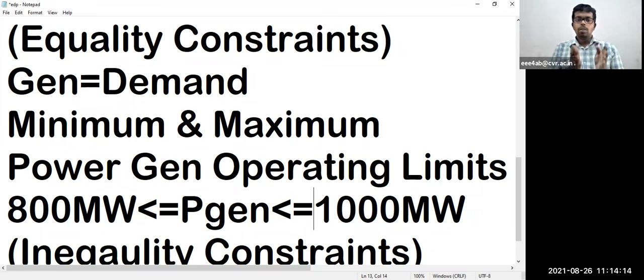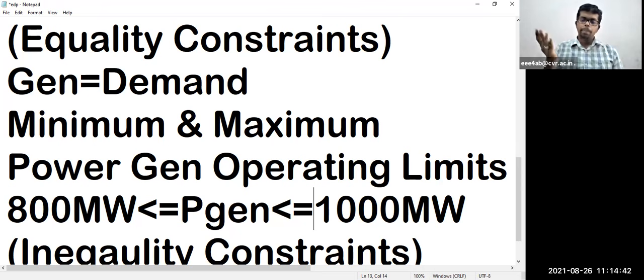And also, the demand you should satisfy. So that demand you will get, and this is very, very important, operating limits. Say for example, you are running and the demand is going up like anything. Instead of 1000 megawatt, demand is increasing to something like 1050 megawatt. So what you are doing is you are running the generator to the maximum of